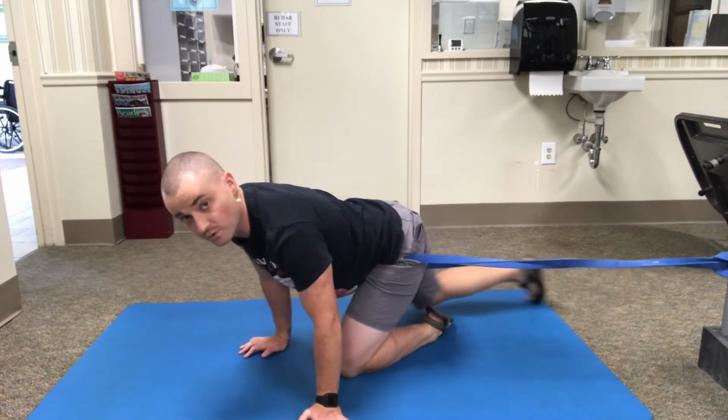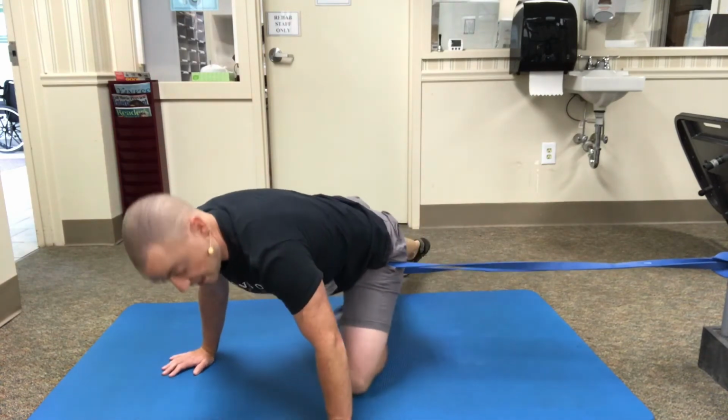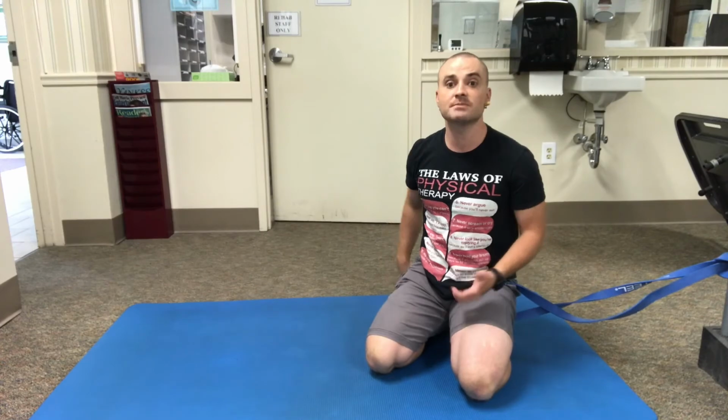To add a little bit more variety, you could have the band pull you out to the side and then come over like I am right now. So there I'm getting to my external rotation, coming back, working on that stretch. Or I could also just have it pull at a diagonal, okay? But usually the ones I really like to do are either diagonal or pulling it straight backwards. But you could also have it pull out to the side. Once I'm in that position, again, 20 times in each direction, always being very mindful to keep that back nice